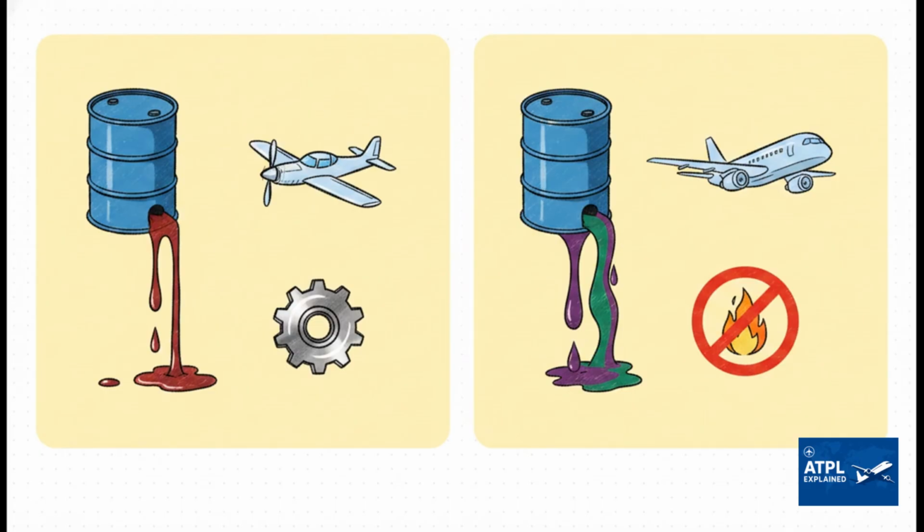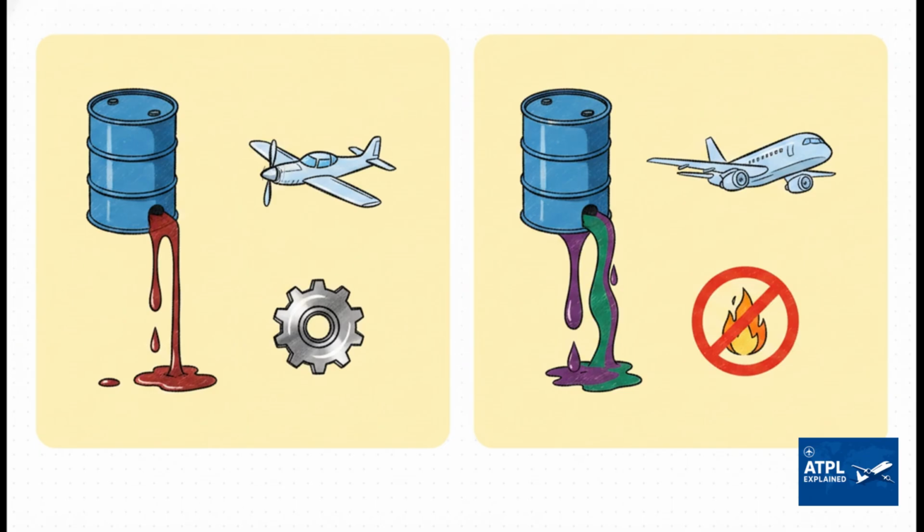Hydraulics rely on an incompressible fluid to translate a really small physical effort into massive mechanical force, like actuating flight controls or dropping heavy landing gear. But to really grasp the system, you need to know your fluids. On one side, we've got mineral-based fluids, which are typically dyed red. You'll see these in military aircraft and smaller turboprops because they're relatively cheap, less corrosive to paint, and offer fantastic